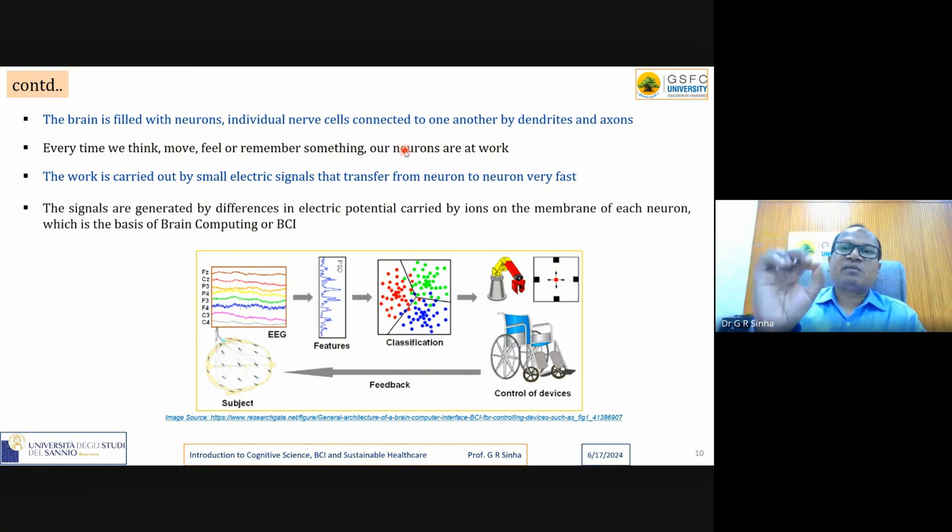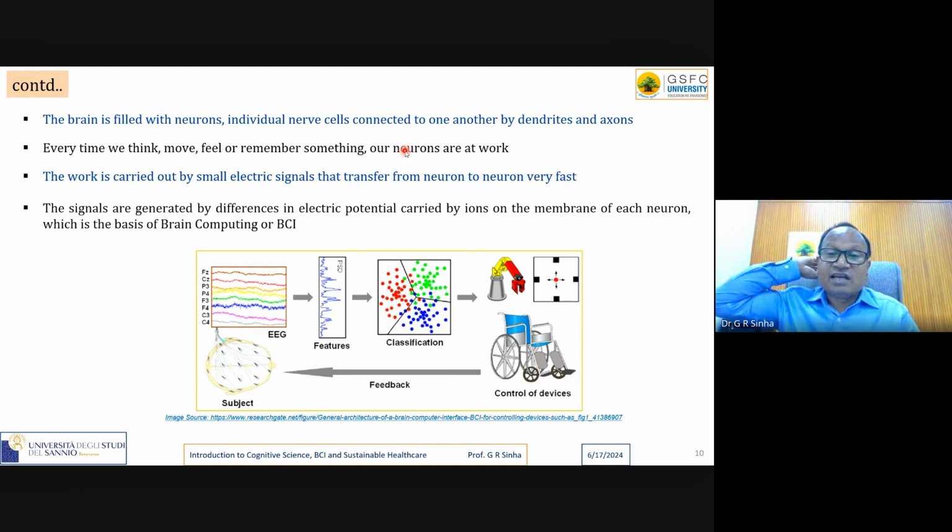This is the basis of brain computer interface. How can we interface the brain with a computer? We want to control a robot. When we think about that, we have to get some meaningful information from some part of the brain, not from all parts of the brain. We'll also understand which part of the brain is very important. Remember, not all parts. If I'm moving something, it is probably associated with the frontal area. If I'm imagining something, the power of imagination, it is not the frontal area.